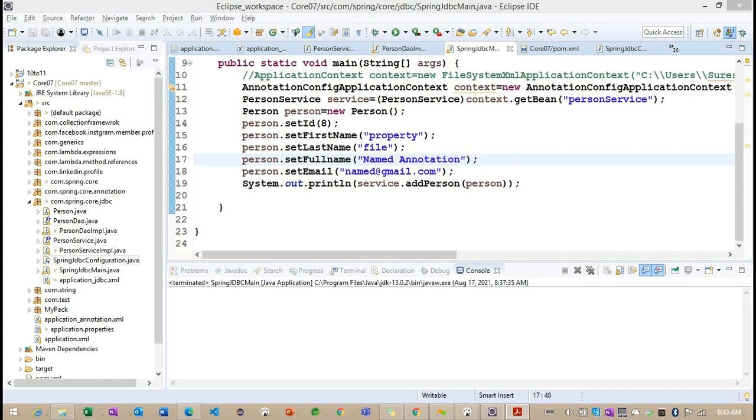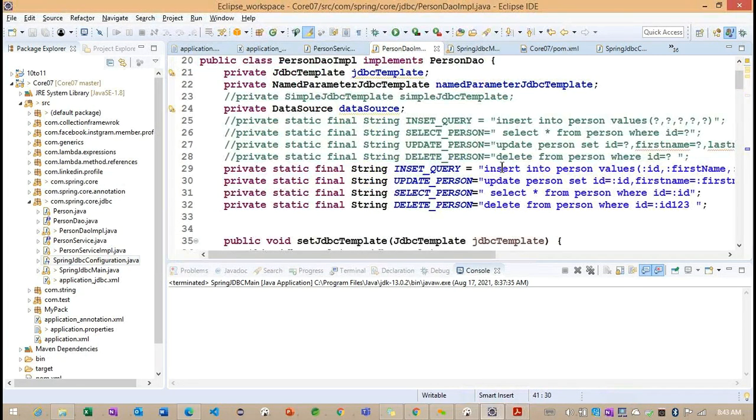For example, Hibernate. Hibernate has HQL, Hibernate Query Language, right? So as of now, whatever examples we discussed earlier, these queries are related to SQL, Structured Query Language. But whenever we are going to work on Hibernate, we are going to work on the Hibernate Query Language. So we'll see what exactly the difference is between Hibernate and Structured Query Language.